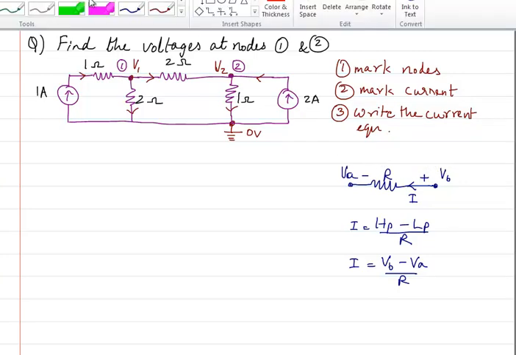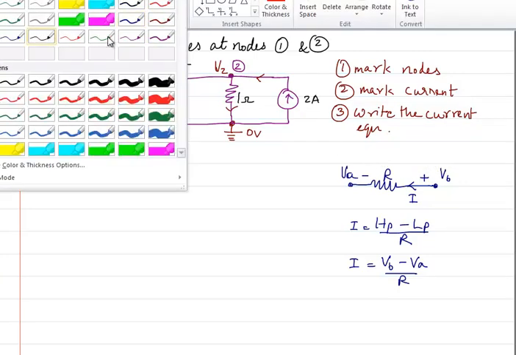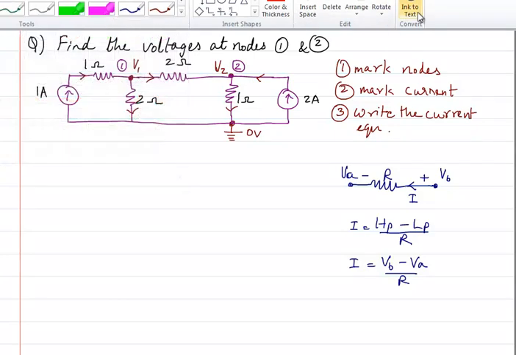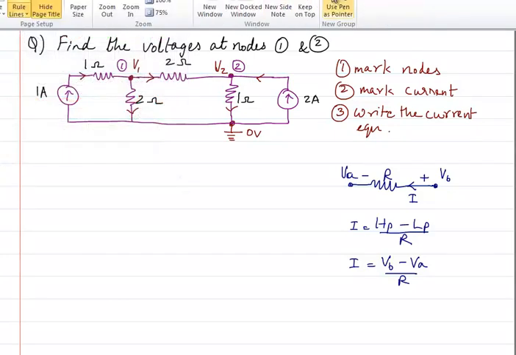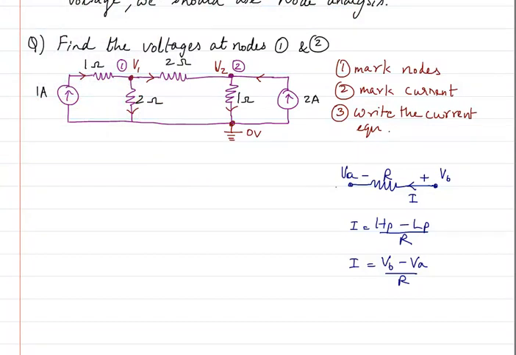Now what I want you to remember here very clearly is this equation will be only for this particular element. If we are going to take another branch besides it, it will not have VA as lower potential, or it may have, we can't say. For example, there is another branch here, then if the current direction is like this, then VA is more than this potential VC. Why? Because I have drawn the current to be in this direction. So in that case, VA will be a higher potential than VB.